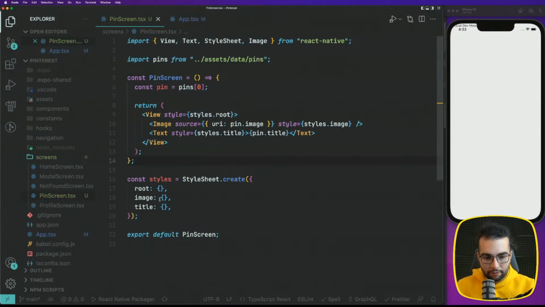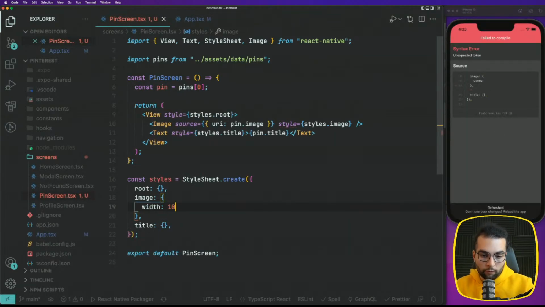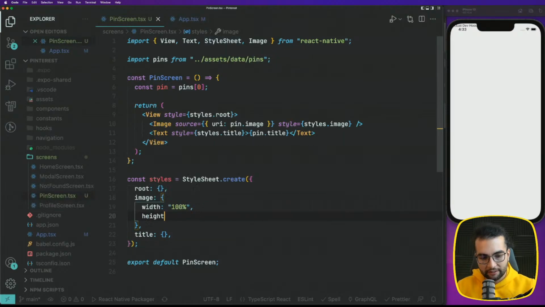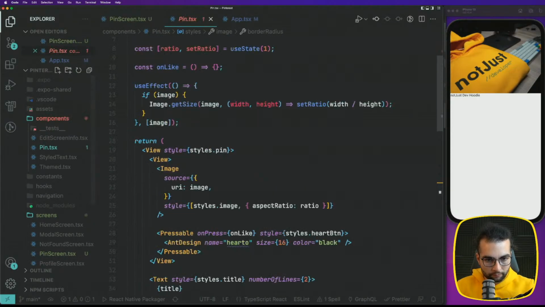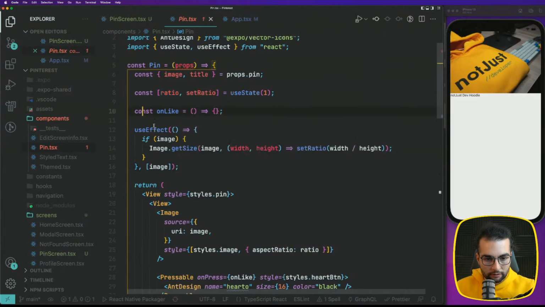Okay, something is there, but yeah, let's go ahead and add width 100%. And for the height of this image, basically we need to do the same strategy that we did there. So I'm gonna just simply hard code here. That's okay, but we need to dynamically calculate it. So in the components pin, we can take this useEffect inside the pin screen